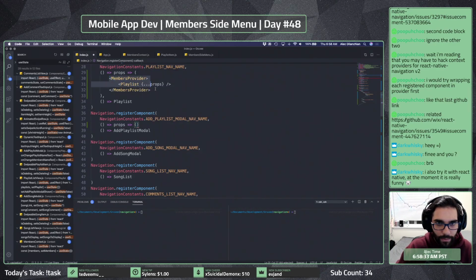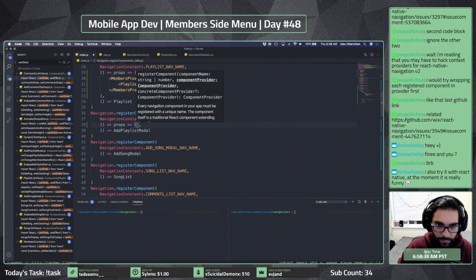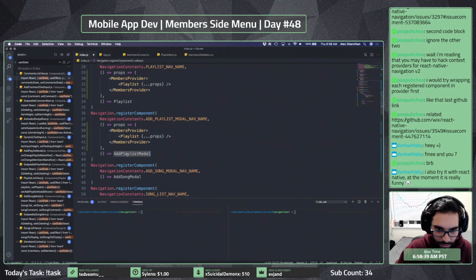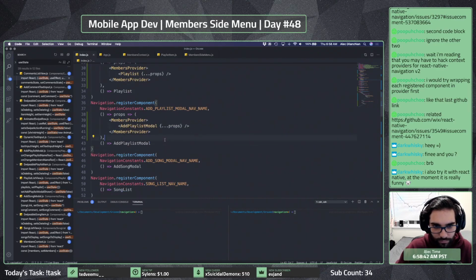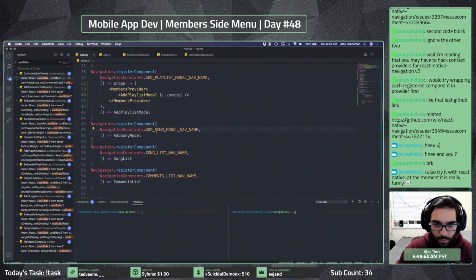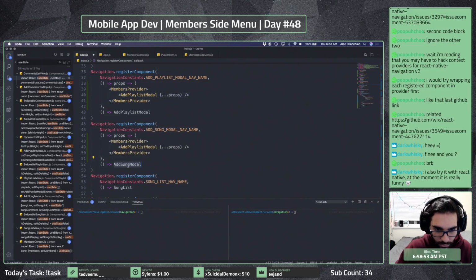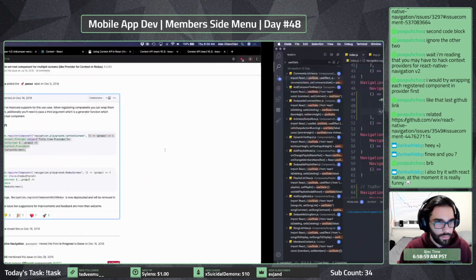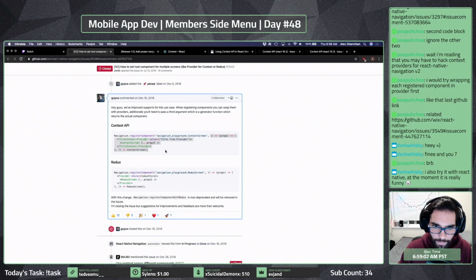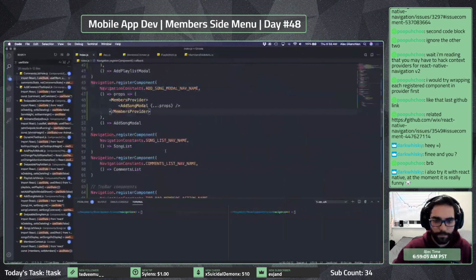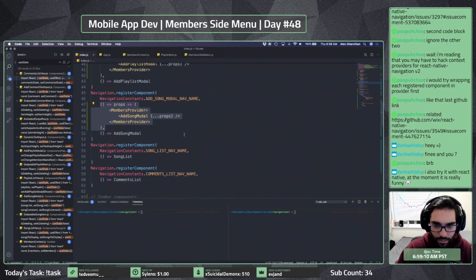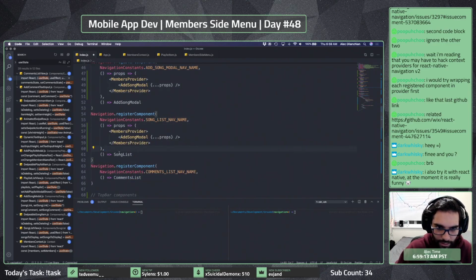Oops. Grab this guy again. Grab that guy there. Then add playlist modal. And then same deal. This one's going to be add song modal. Grab this one here. Got a couple more, it looks like.